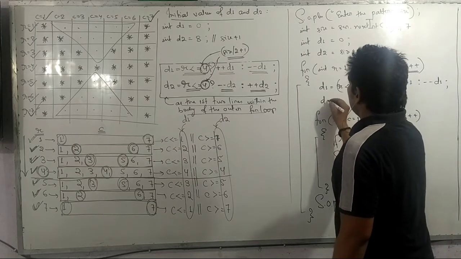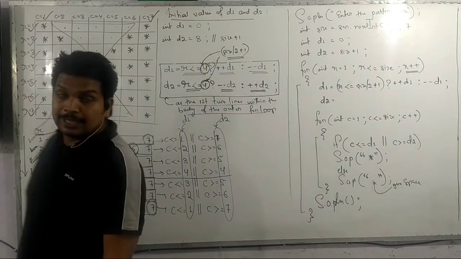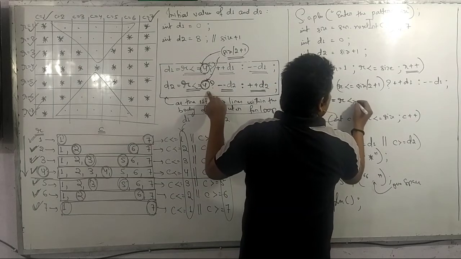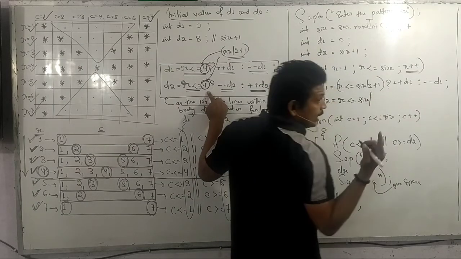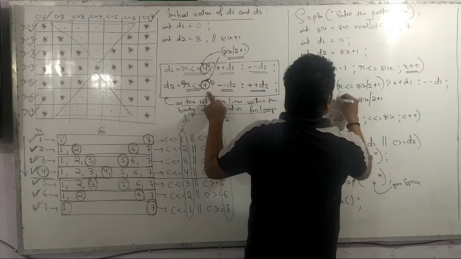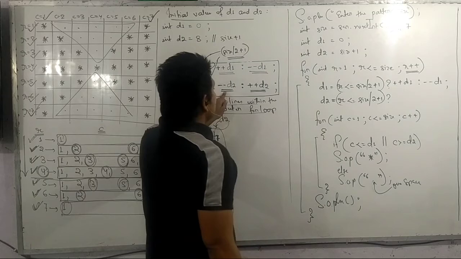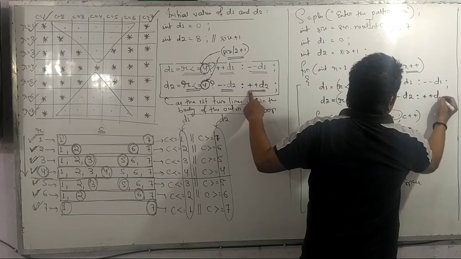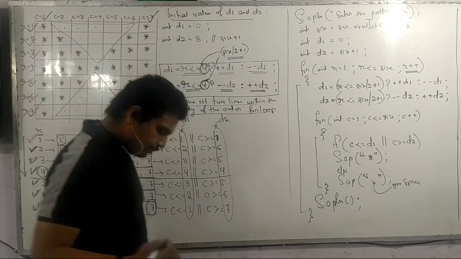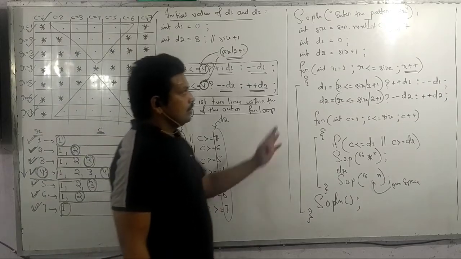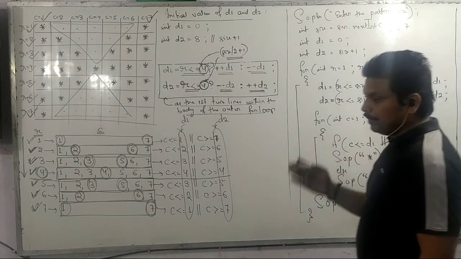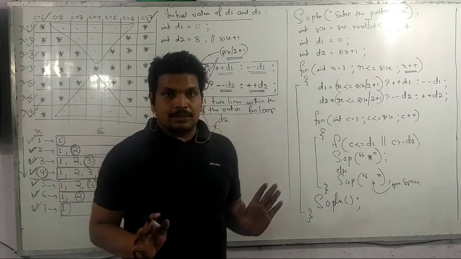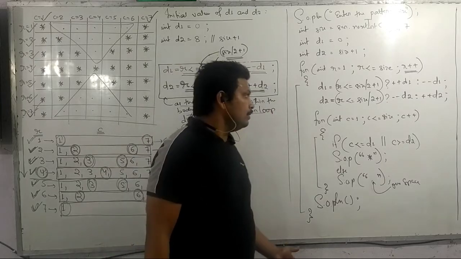Okay, then d2 is equal to, r less than or equal to, same thing, r less than or equal to 4. How to get 4? If the size is 7, 7 by 2 plus 1. Minus minus d2, or else plus plus d2. Clear? So this is the program. This is the programming snippet. Clear? Okay. So practice it. Now let me show you the same thing on my laptop.